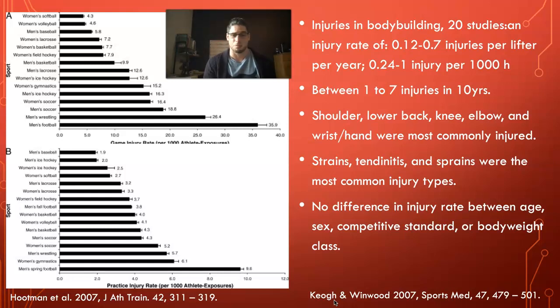Shoulders, lower back, knees, elbows, wrists, hands, these are the most common injuries that people typically get. Strains and sprains, and I'm going to come and talk about them in a minute, and that's really what we're going to be talking about in this particular seminar. Those are the most common ones per year. Back and shoulder issues, I think, are probably the most common ones that I've seen different people get throughout their careers. But this list here is fairly consistent with various different things that I've seen. Rotator cuffs and lower back, as I say, are the most common ones that people typically get.